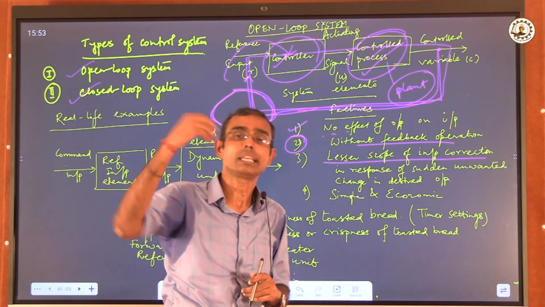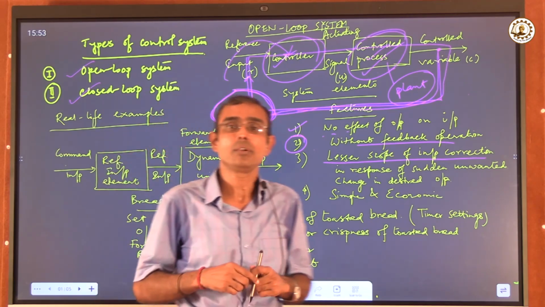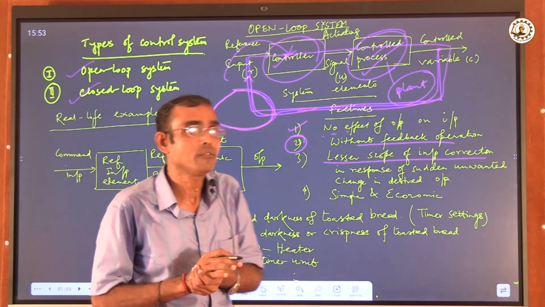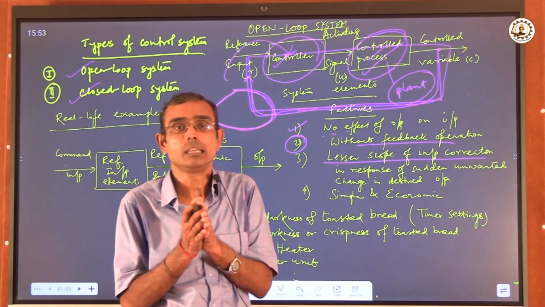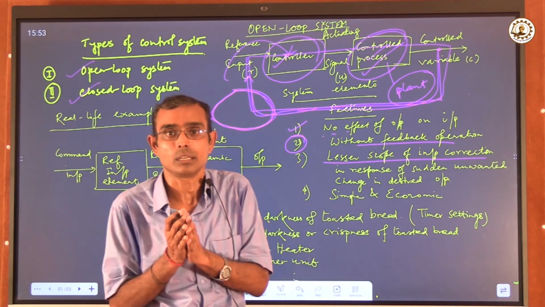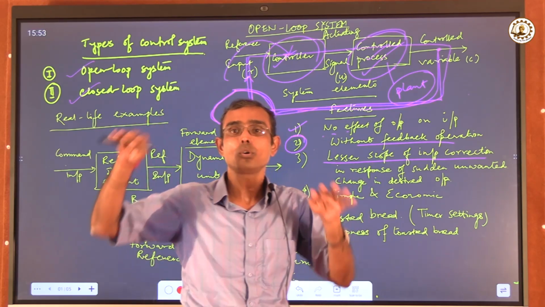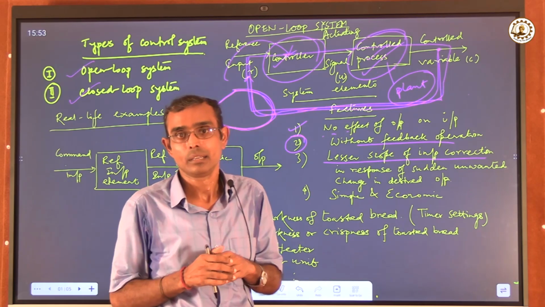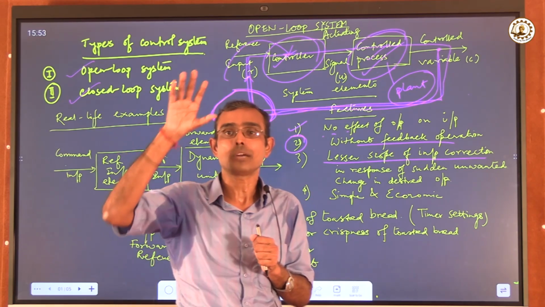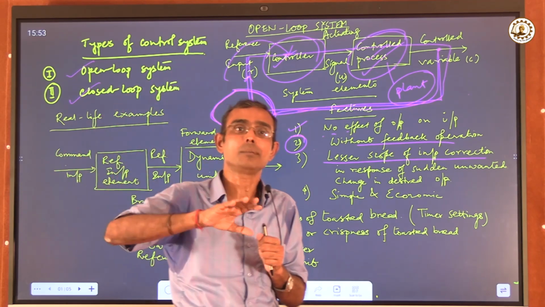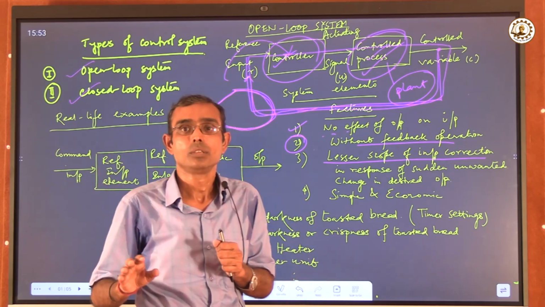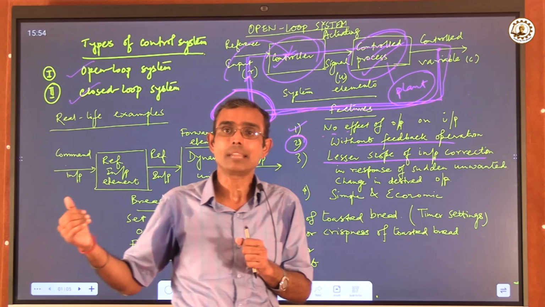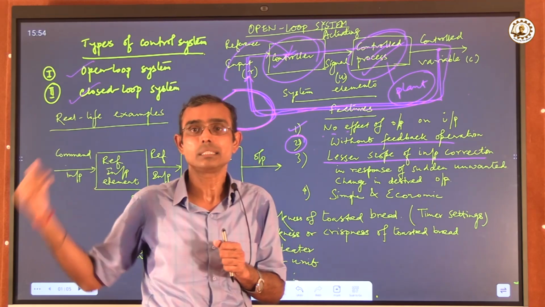Before I conclude, I can also exemplify with another very common example of open loop control system. That is, when we wait in a vehicle at a traffic junction. Suppose we have four corners of a traffic junction, where the traffic light is being operated. For a certain amount of time, the traffic light becomes green, and for a certain amount of time it stays red. So it happens with the help of some set time by the traffic police, by the system, by